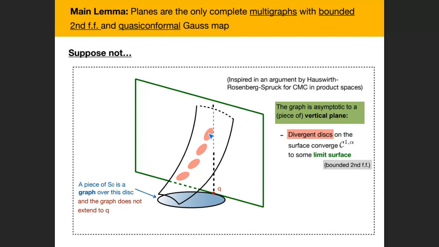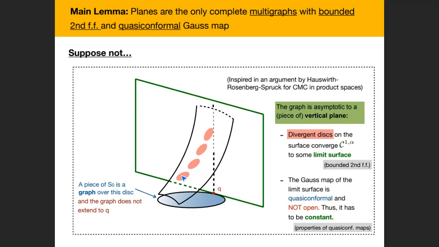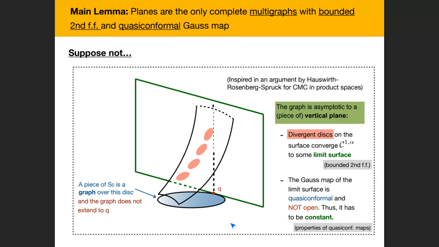Now, all the red surfaces have a quasi-conformal Gauss map because they are part of my original surface. And because of the properties of quasi-conformal maps, if you have a sequence of quasi-conformal maps, you can prove that in our case, the limit is also quasi-conformal. So you have a limit surface with quasi-conformal Gauss map, but the Gauss map of the limit surface is not